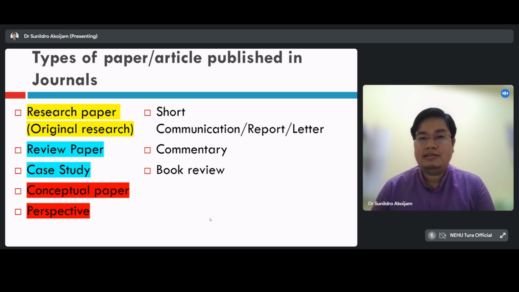So these are the three categories of article which are not normally a paper, I must say, but which are published in journals. Even though they may not be normally counted in the calculation of API as per the UGC, if we see the impact, the outcome or the benefits of this kind of articles, in many cases they provide a huge benefit to different stakeholders or different forms of readers. So these are some of the types of paper or articles normally published in journals.